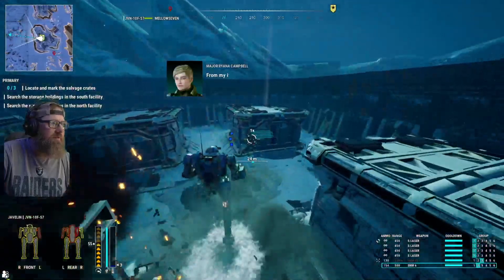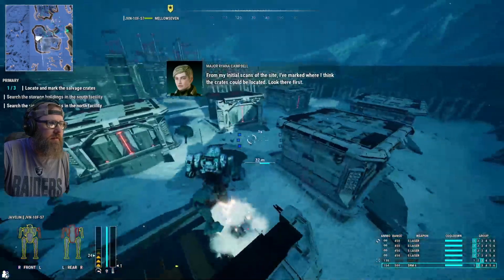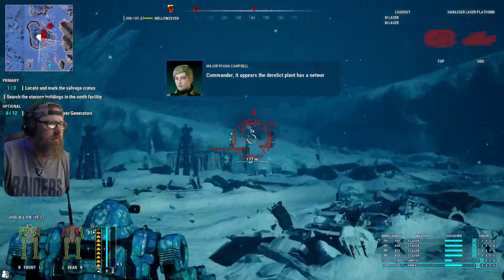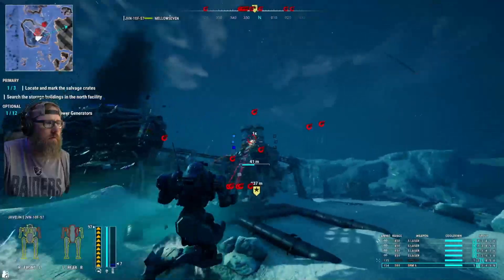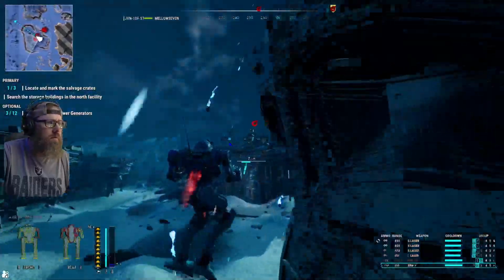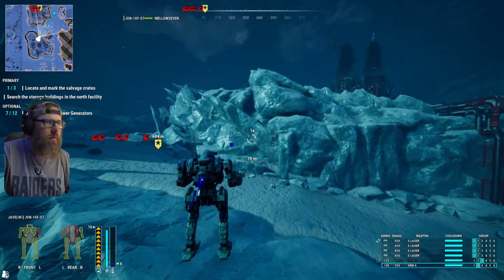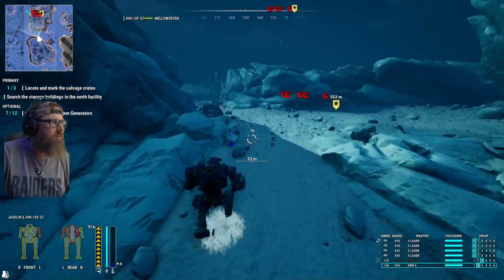All right, we do have somebody chasing us in here. I'm going to get the loot and then try to turn around and get that first. Marked for pickup. There he is. Commander, it appears the derelict plant has a network of backup generators running. Destroy them if you can. Target destroyed. Target destroyed. There we go. Got what we can done. Getting a little bit more damage, honestly, than I thought we should have at this point, but...